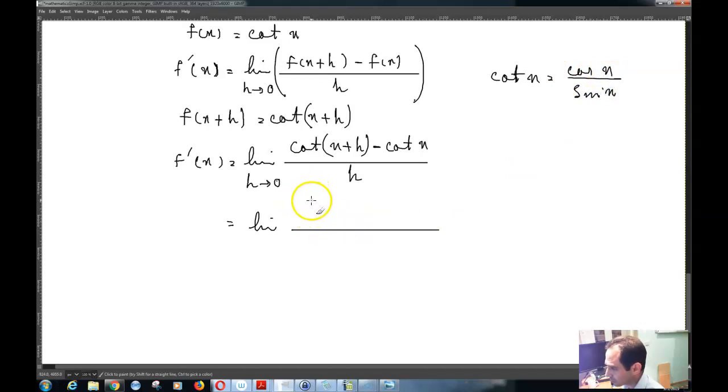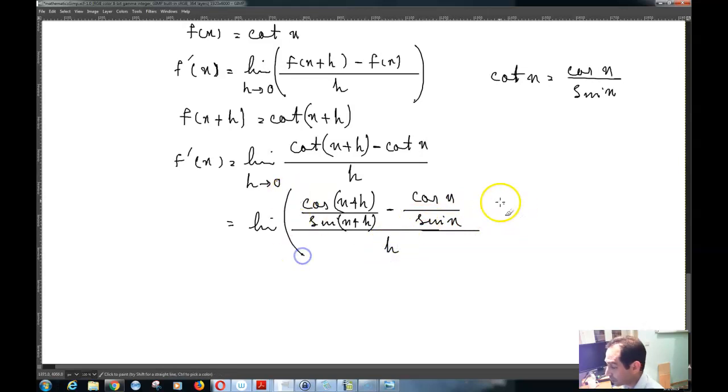So this is cos of x plus h divided by sin of x plus h minus cos x by sin x, divided by h as h tends to 0,